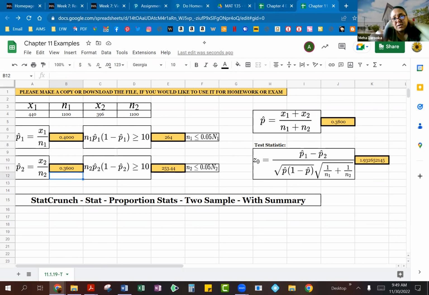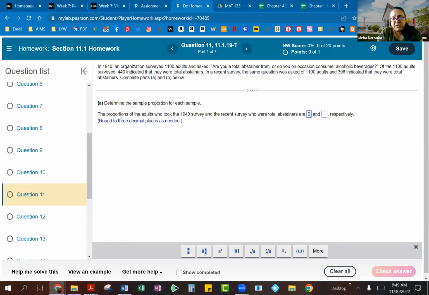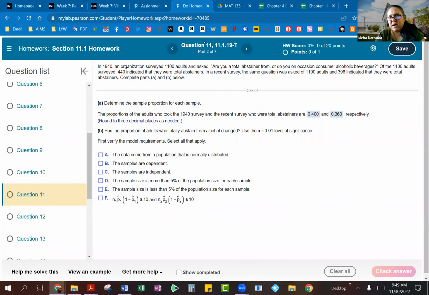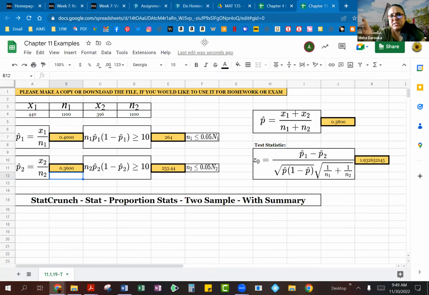So that's the number you are going to put in here. So this guy was 0.400. They want us to put it to 3 decimal places. This guy was 0.360. So check your answer. And that's kind of where having these kind of spreadsheets really makes it easier for you, because once you do the original setup, then as you change these numbers, it automatically will do the calculation for